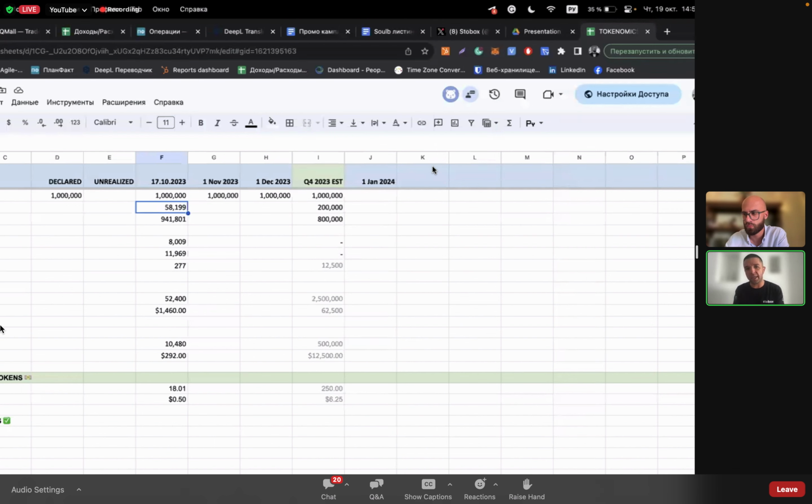This is another part of the demand and supply mechanism. There's a demand for tokens and there's a revenue share, which is a demand for that token as well. So we're just paying dividends on the distributed amount. And again, if we reach the pace at which we developed in the very beginning, which was April, May,